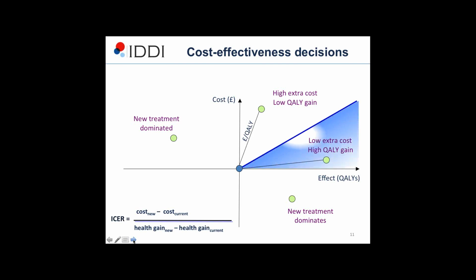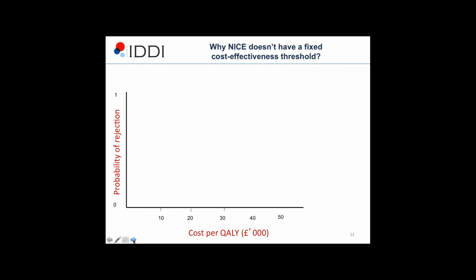And the answer is we use this thing called a threshold. And in the UK, and it's fairly transparent, the cost-effectiveness threshold of organisations such as NICE, or the Scottish Medicines Consortium, is about £20,000 to £30,000 per QALY. In other words, if you're the blob with the low extra cost, high QALY, we would fund you, say yes to that, and give you market access. Whereas if you were the blob with the higher extra cost and lower QALY, you can see you're above the threshold, and the decision would be a no.